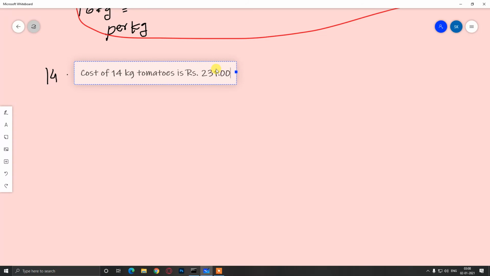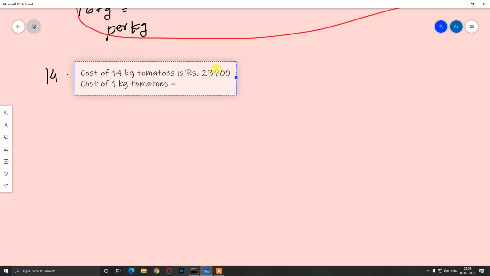We have to find the cost of 1 kg of tomato. We know that if it is asked to find the cost of 1 kg or per kg, it is also 1 kg. Okay, so the cost of 1 kg tomato